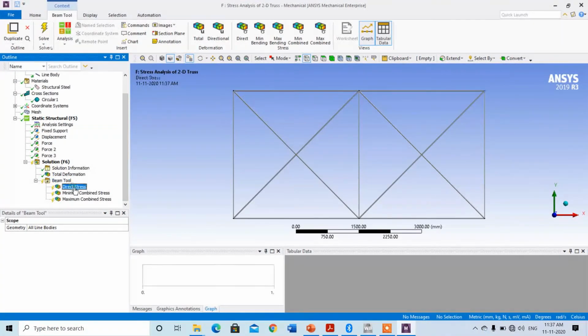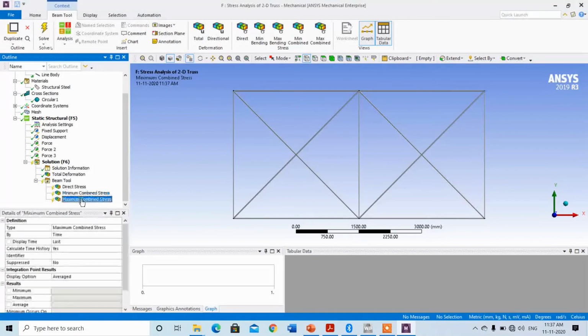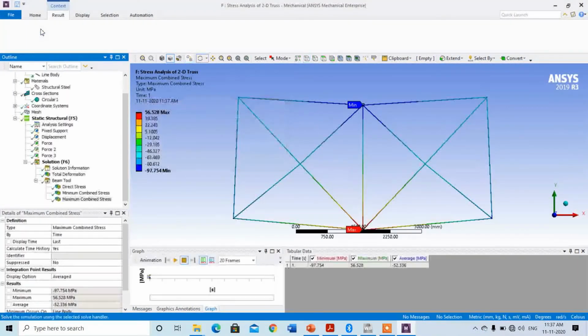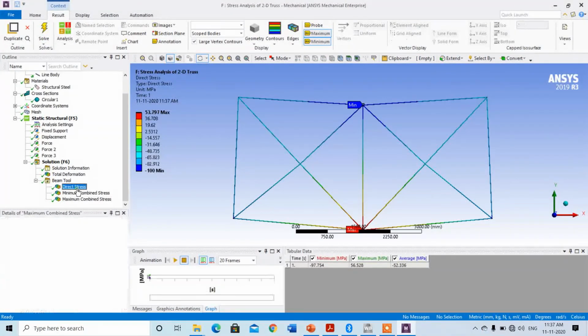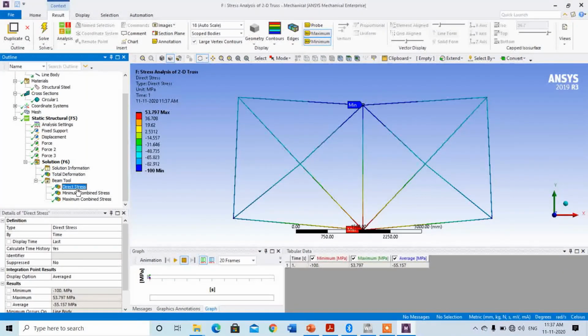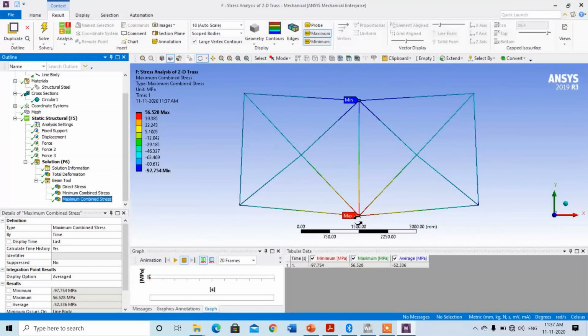You can find the direct stress, minimum combined stress and maximum combined stress. Simply click on solve and you will get all the types of stresses. The direct stress is 53.79 megapascal, and the maximum combined stress is 56.52 megapascal. The maximum is obtained here. So this is the stress analysis for the beam element.